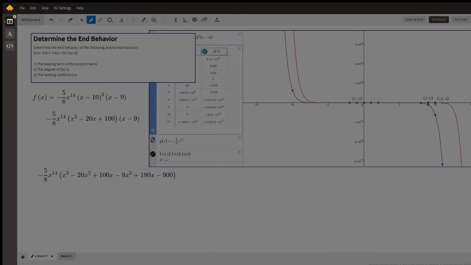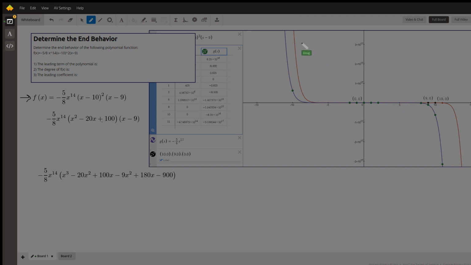Okay, we've got this polynomial function right here, written in factored form. In this form, it's easy to tell what the roots are, the values of x that set y equal to 0. That would be 9, 10, and 0. And that's these points right here. This red graph is the graph of the original function,